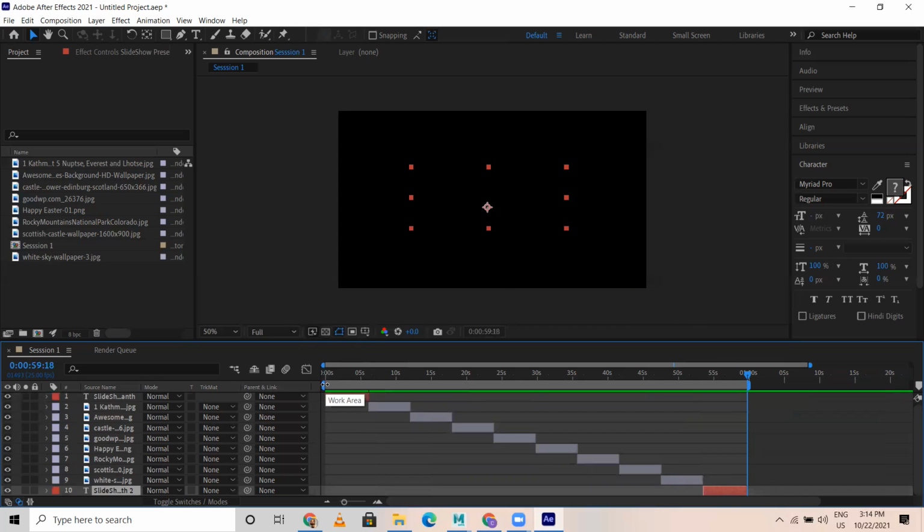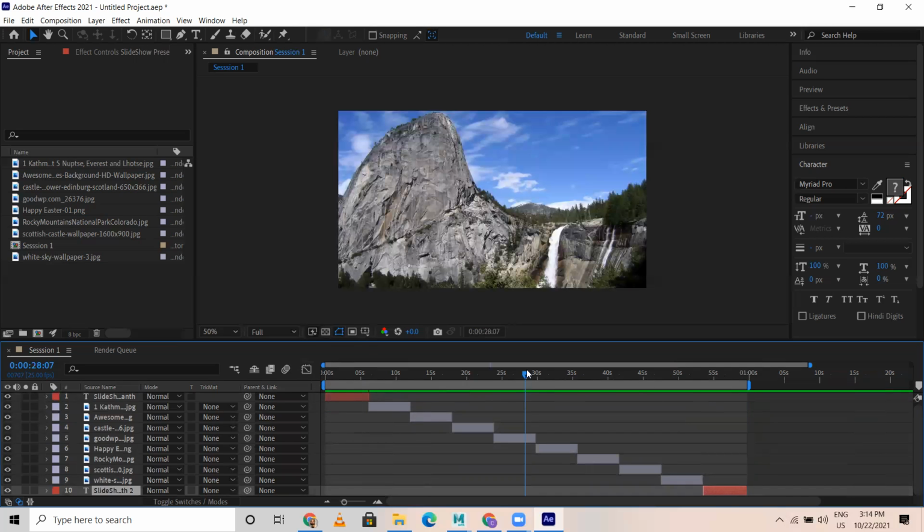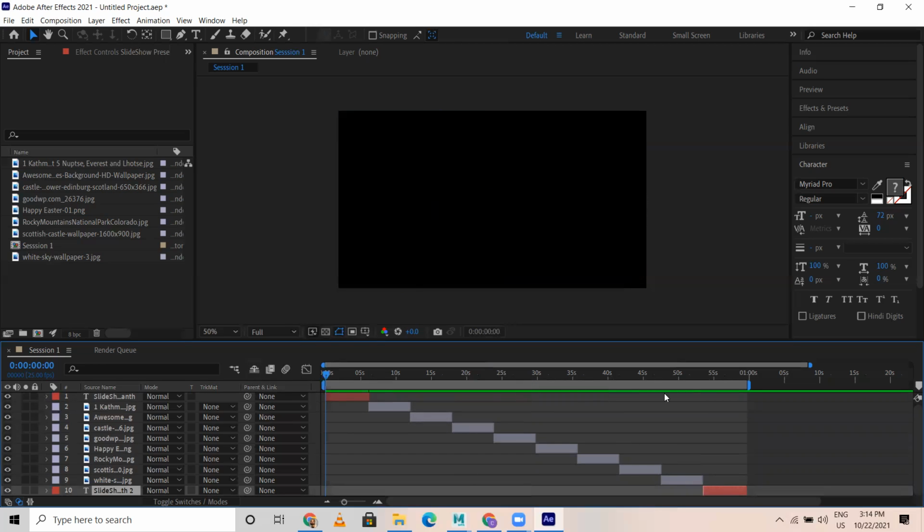B for begin, work area begin and end. B is where you want to begin from, and N is where you want to end. If you press B, only this much is going to render, only this much is going to play. So press B, it's up to here.